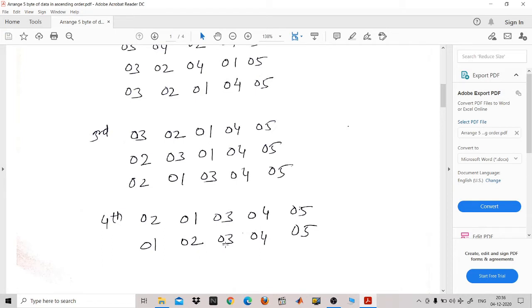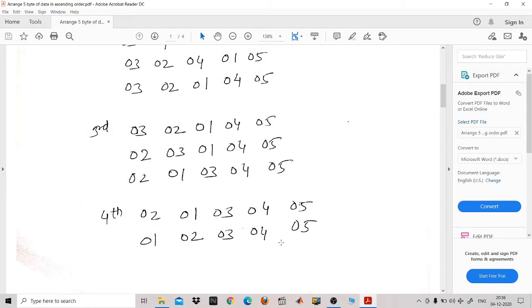Now your third molecule will be compared with the fourth molecule. Again you see 03 is lower than 04, so there will be no exchange of data. Now this 04 will be compared with 05. Again you can see 04 is lower than 05. So there will be no swapping or exchange of data.